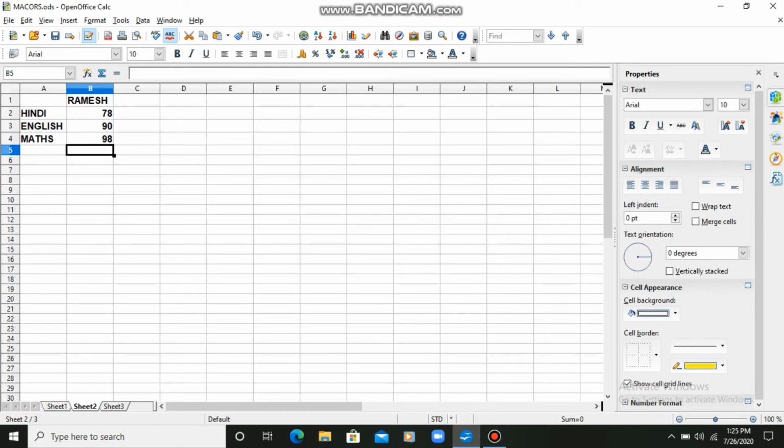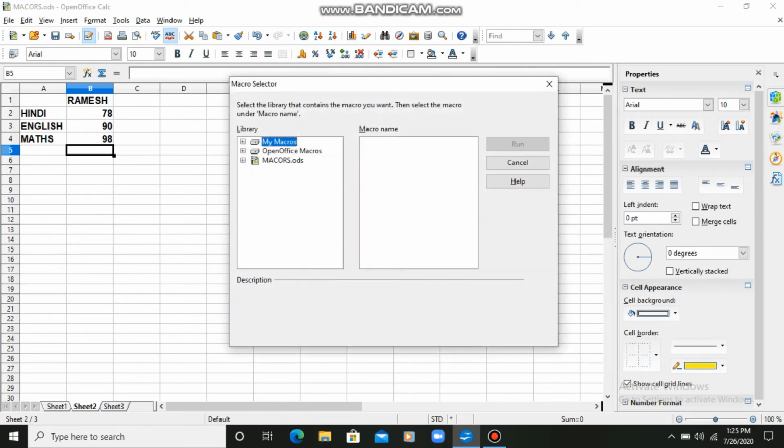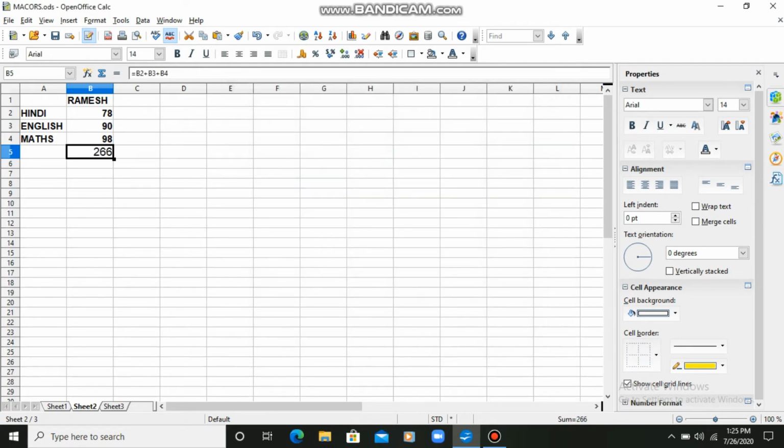It will take time, students, because I don't have Java runtime program here. So it will take 5 to 10 seconds sometimes. Okay, then a dialog box will appear here. See, now this dialog box has come. Now again I will open my file by clicking on this plus. Okay, within that I have a library, I have a module under the library. Now my module was of total. So I created a macro with the name total. So I have selected it. Now what I will do, I will click on run. See what will happen as I click on run. I am able to get the total for Ramesh.